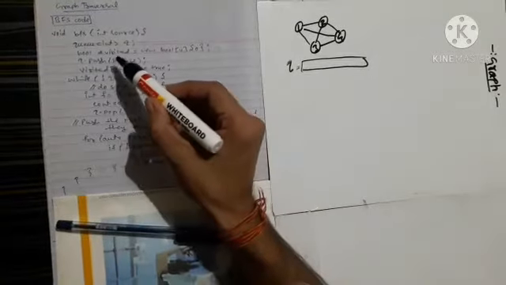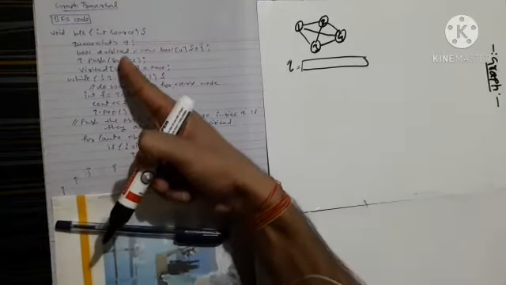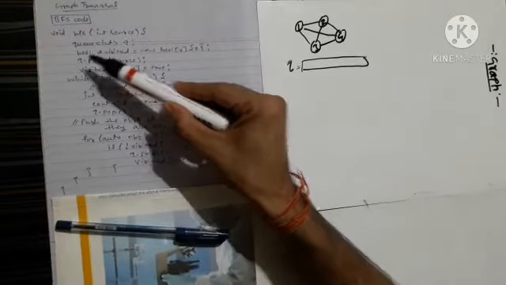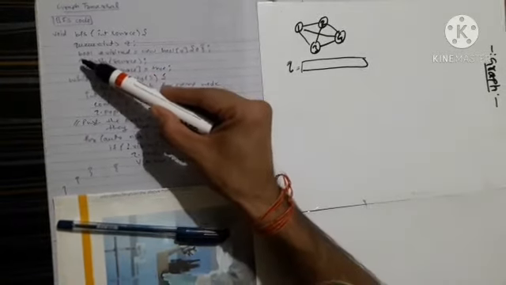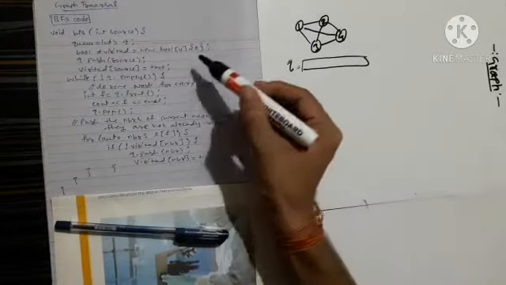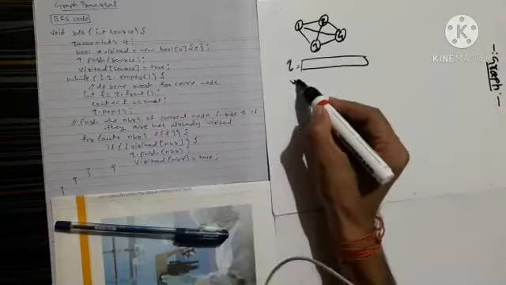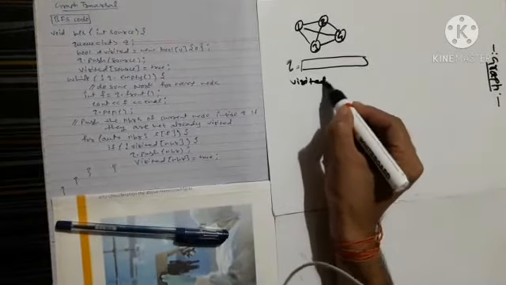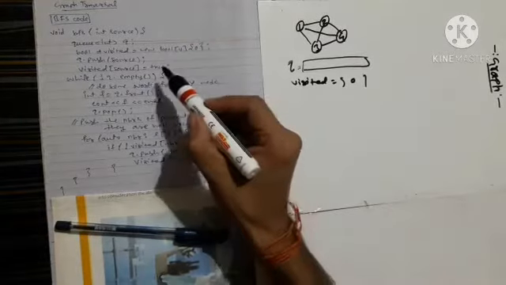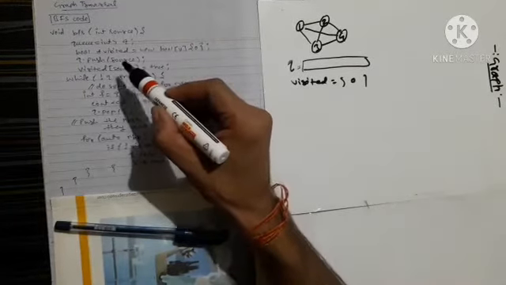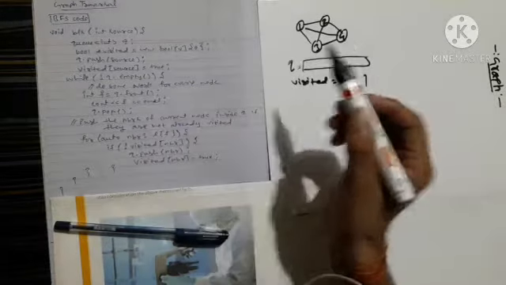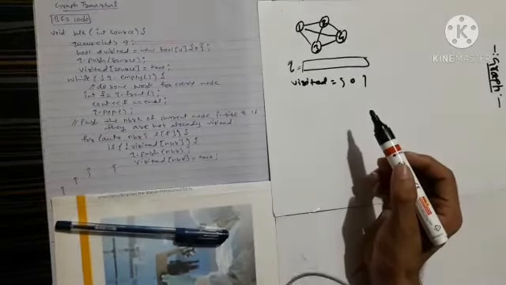And I am taking a variable named visited. You can see here visited is a pointer of type bool, and I have created it dynamically. Initially, this is a boolean type and all the entries are 0, that means I have initialized this visited boolean array with false.